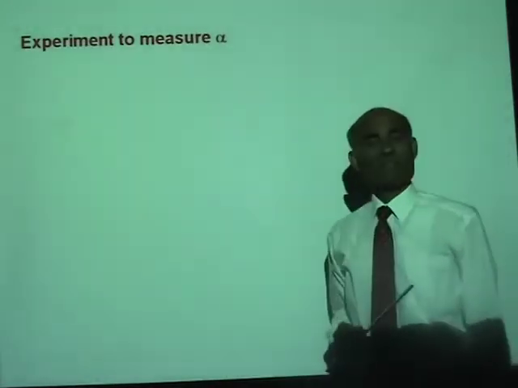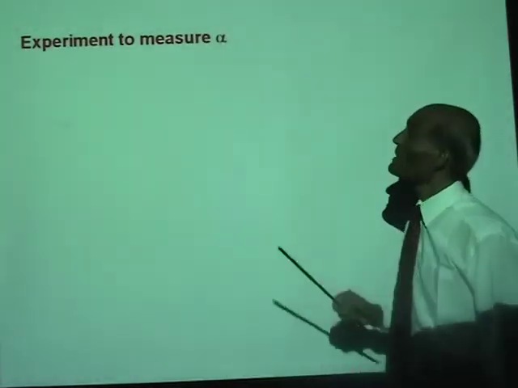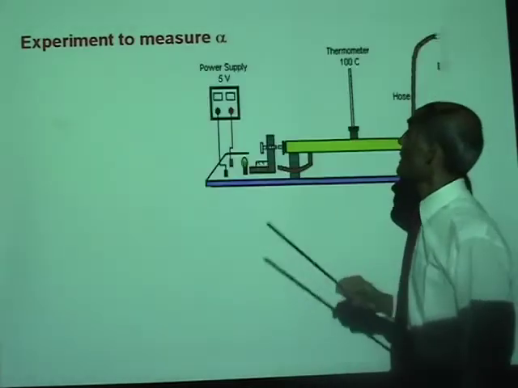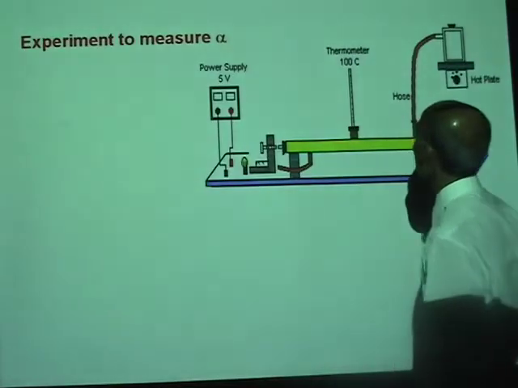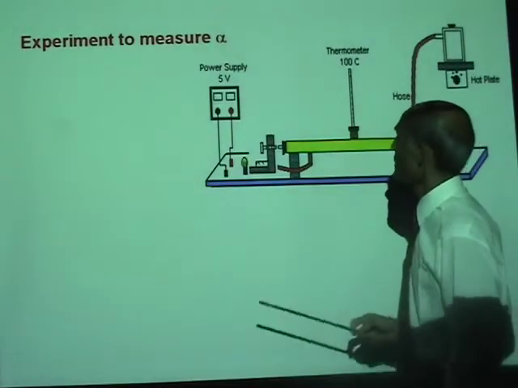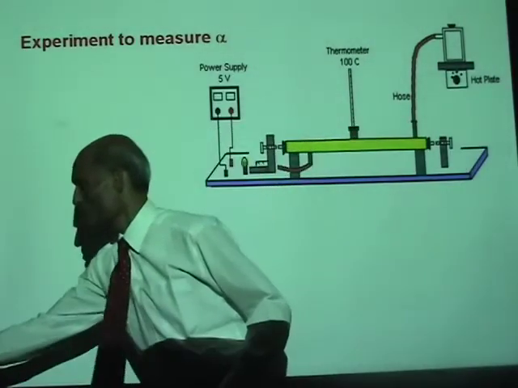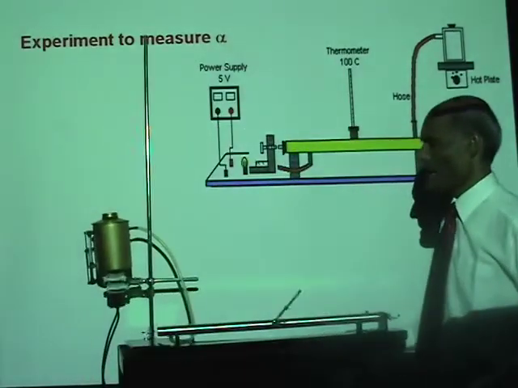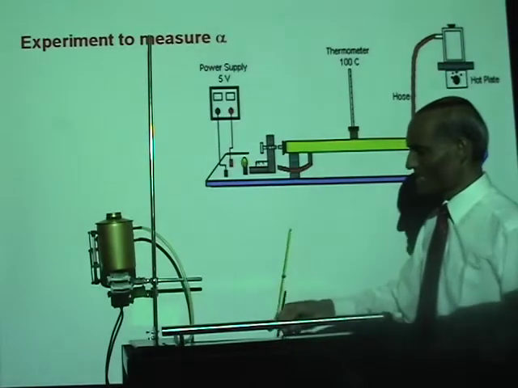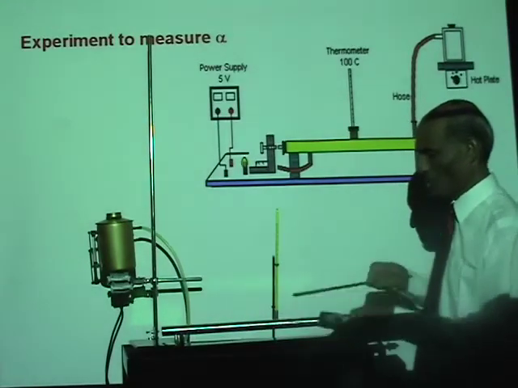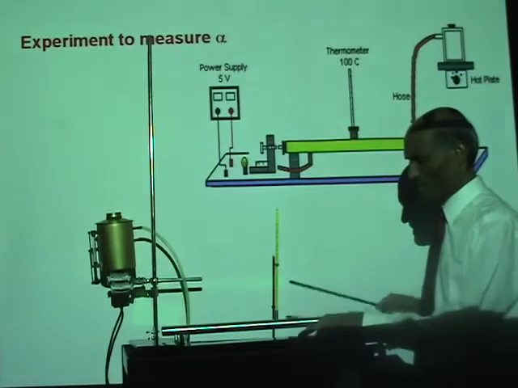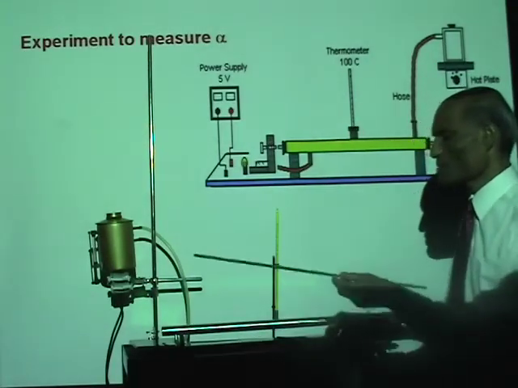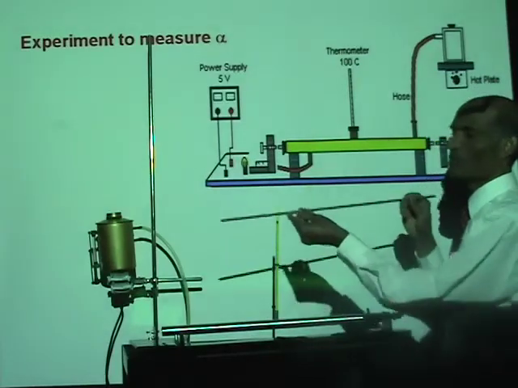Well, a simple experiment can be done to measure alpha. You will be doing that in the lab. We will be using an equipment like this. Now, what does it consist of? Let me show you the equipment that we will be using in the lab here. Now, we have a steam jacket. This is called a steam jacket, and the metal rod whose alpha, the coefficient of linear expansion, needs to be measured,